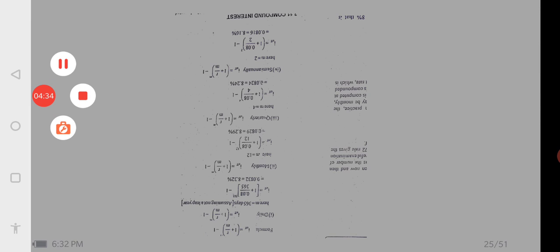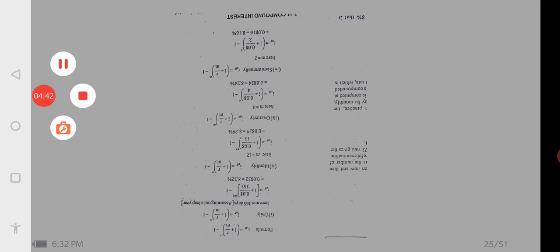But if I take hand loans and short-term loans on a daily basis, then it is 8% only, but calculated daily it becomes 8.32%. So it is always better that you take the loan where the interest is calculated annually or semi-annually, but not on a monthly or daily basis.